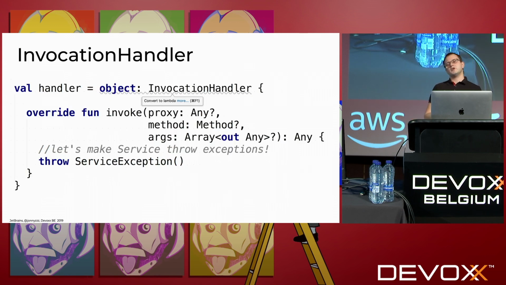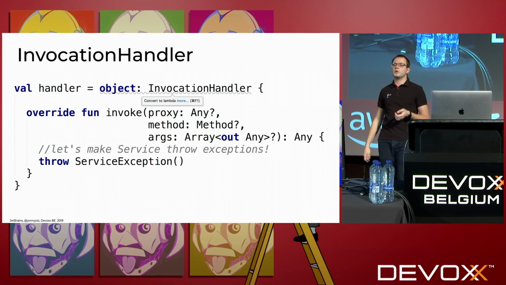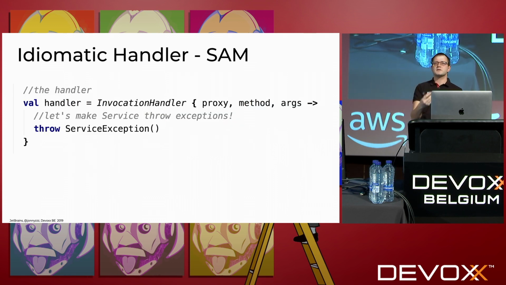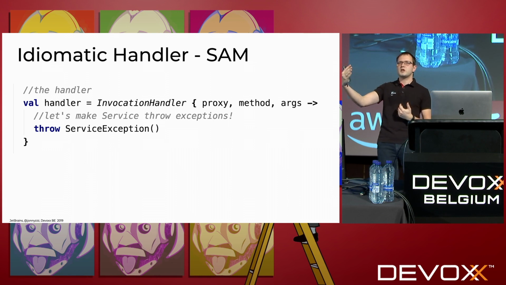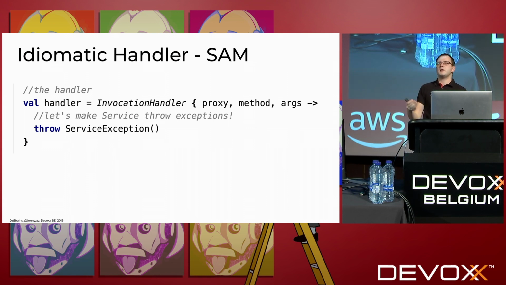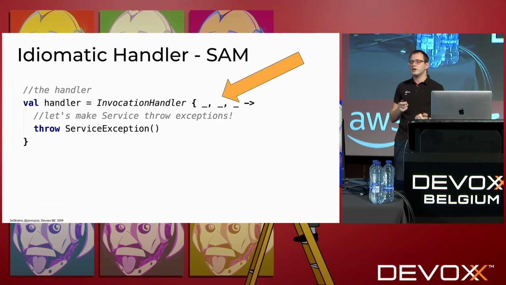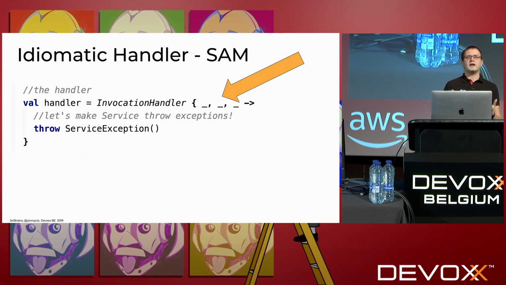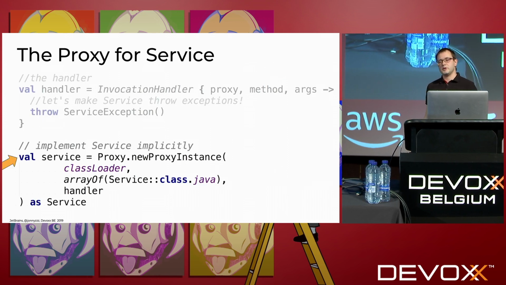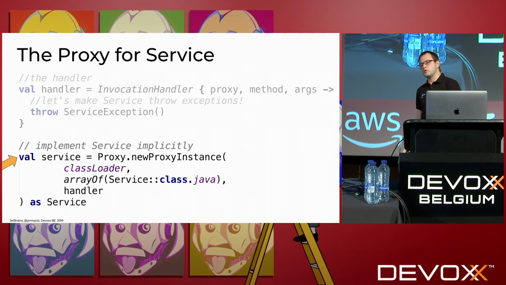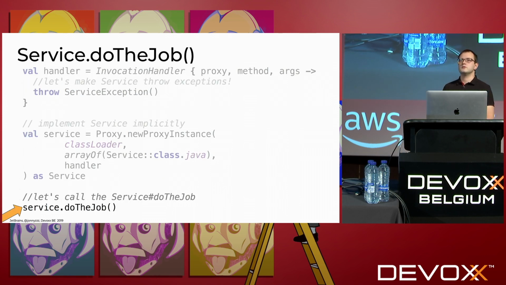So we implement the invocation handler, the standard way. And then we see the gray highlighting. So we shrink it a little bit. We use the same constructs. So if you have a functional interface from Java, you can implement it as a lambda in Kotlin this way. You can even use the underscores to hide the parameters because they are not needed here. And my intent here is to throw an exception. So I throw an exception to say, oh, well, this is an intent. And now I have the implementation of the handler, implementation of the proxy, and finally I do the call.